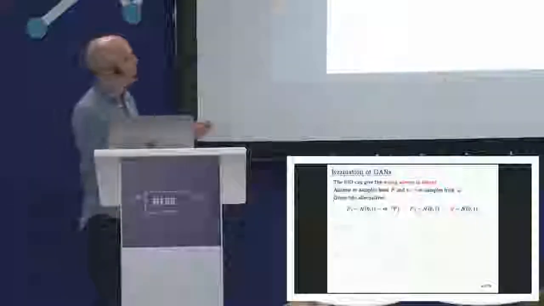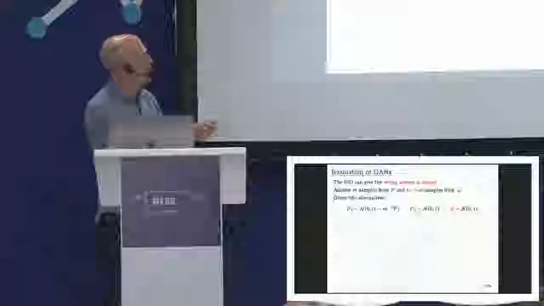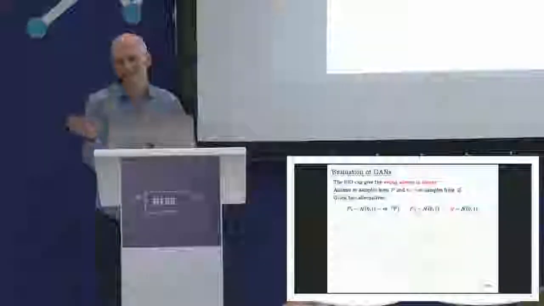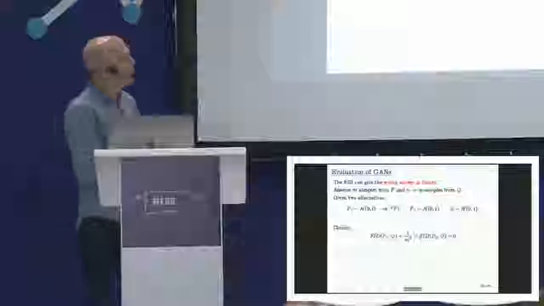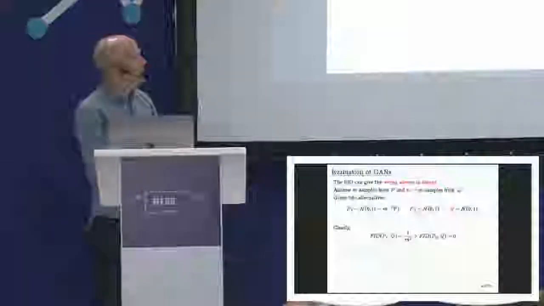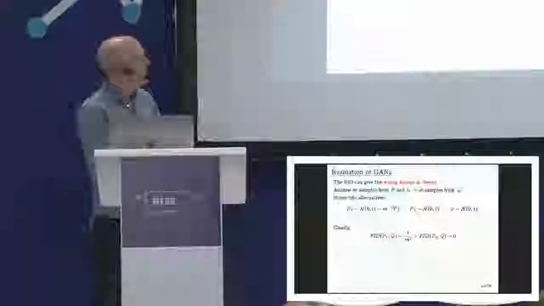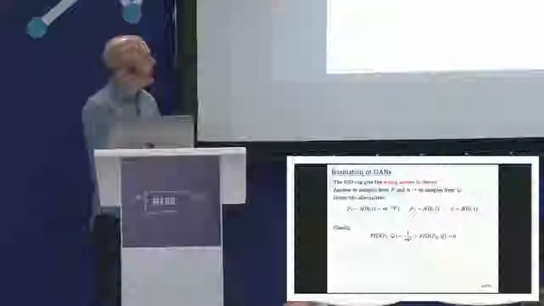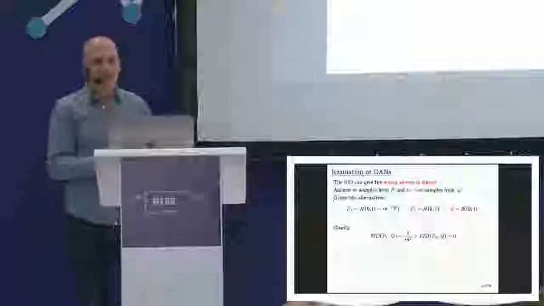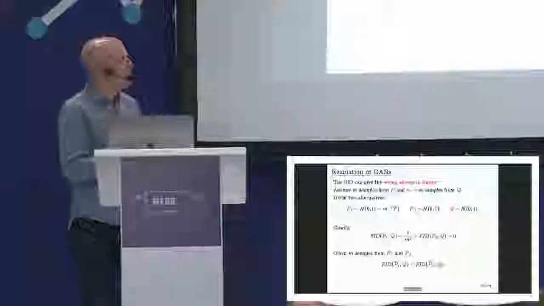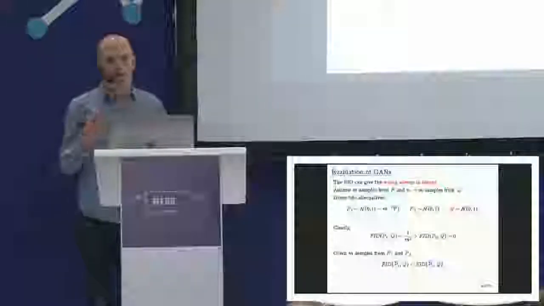So let's look at this. Well, obviously, which is the better model for Q? Well, it's P2, because it's the same, right? But if I compute the FID between P1 and Q, the true FID, it's 1 on m squared, which is always bigger than the FID of P2 on Q, which is 0. But let's say now that I compute these FIDs